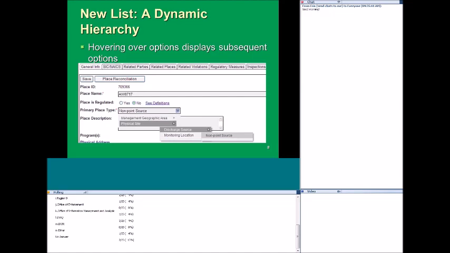Again, it comes out to different menus when you hover over one menu item. So I hovered over physical site, and the next menu came up, discharge source, monitoring location. From those two choices, I hovered on discharge source, and then I got the subsequent option of non-point source.